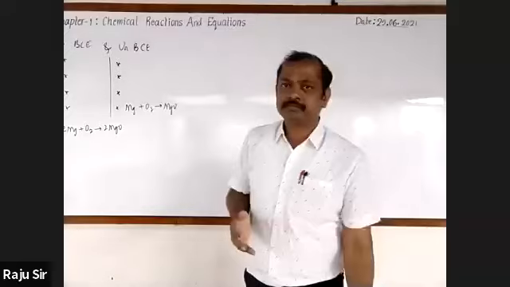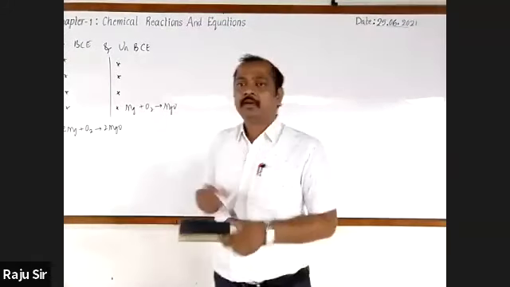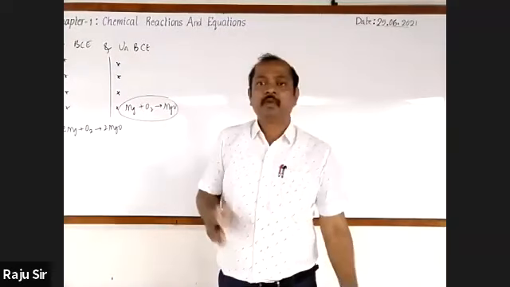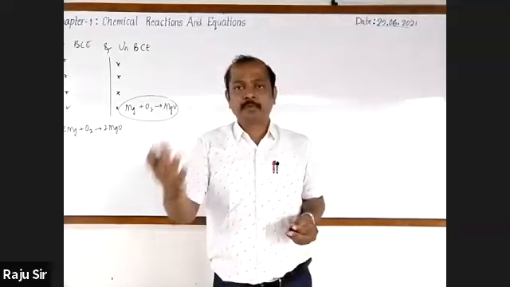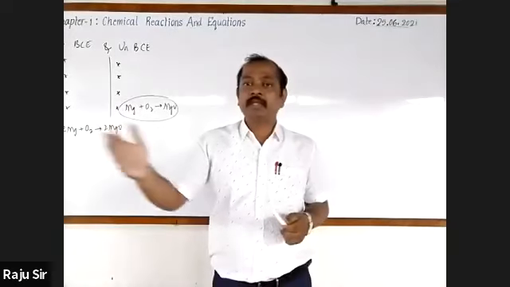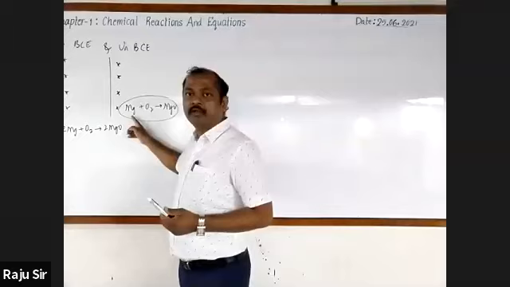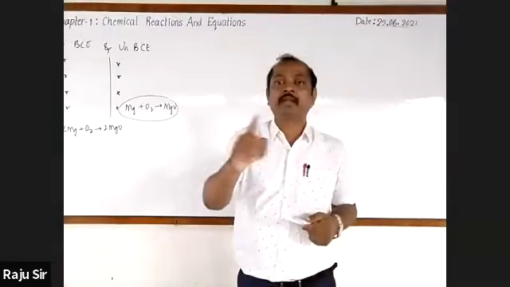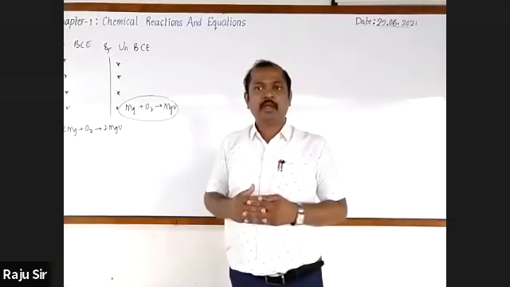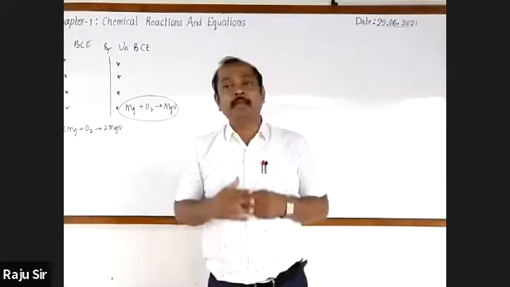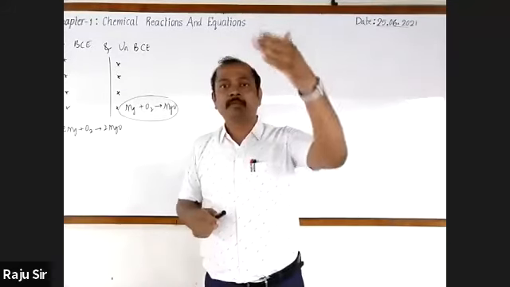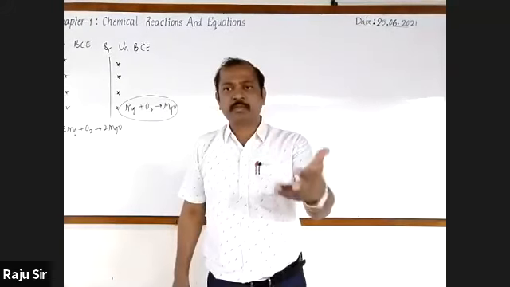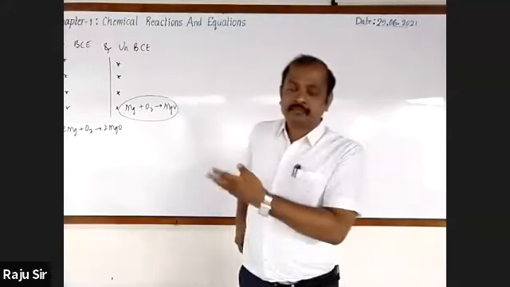Then after that, if there is an unbalanced chemical equation, we learn how to balance it. We have a process, that is the process of equalizing the number of atoms of each element on the reactant side and product side, which is called balancing a chemical equation. Is it not? So to balance an unbalanced chemical equation, we have some methods. We have the algebraic method, electron method, oxidation method, reduction method, then the hit and trial method.